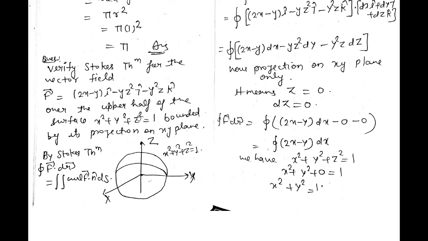And we have our upper half sphere, x square plus y square plus z square is equal to 1. So z is equal to 0, so x square plus y square is equal to 1. Now this is a line integral, so we need only one variable here, and there are two variables, so you have to convert one variable into another one. So you can put x is equal to r cos theta, y is equal to r sin theta, right? Here the radius is given as 1, so your r will be 1, so x is equal to cos theta, y is equal to sin theta, and dx is equal to minus sin theta d theta.